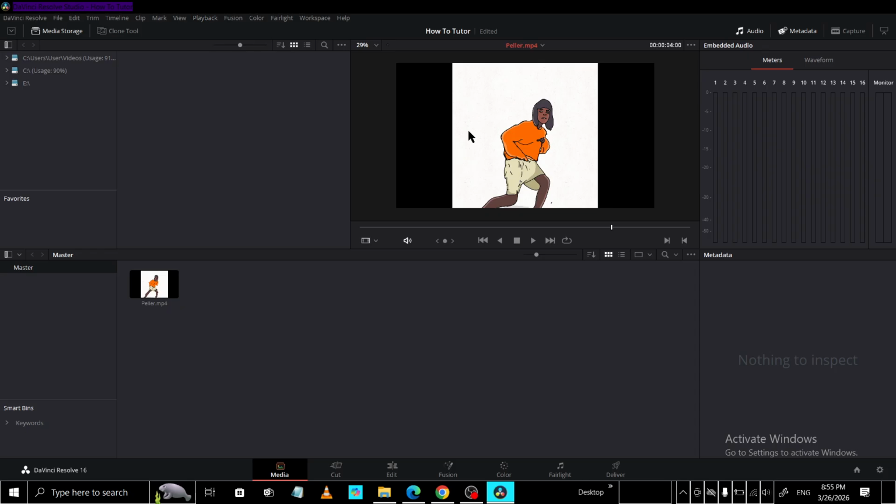With Smart Cache enabled, the software will automatically identify sections of your timeline that are more demanding and pre-render them in the background. Once those parts are cached, they'll play back much more smoothly because your system doesn't have to calculate everything on the fly every time you hit play. Give it a moment to cache any heavy sections and you'll usually see a notification